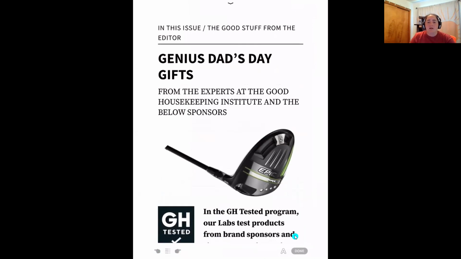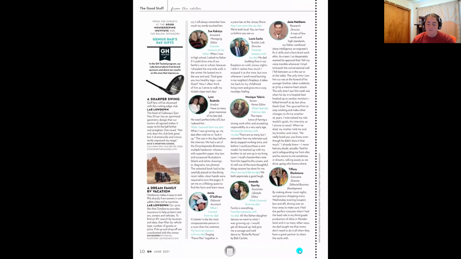Now, when you're done reading the articles within the magazine, you can tap on Done down in the bottom right-hand corner. That's going to take you back to the traditional magazine view. And then you can change your